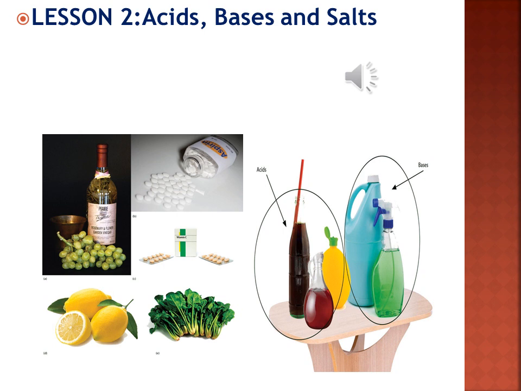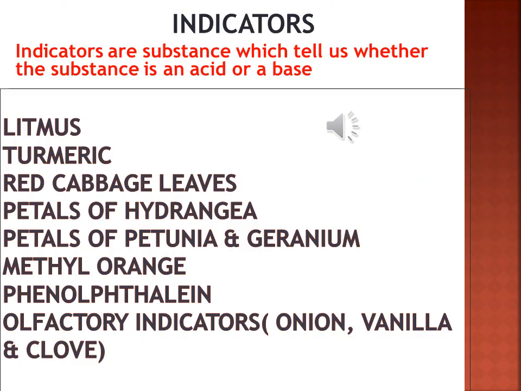This PowerPoint is all about Class 10th Lesson 2 Acids, Bases and Salts. In this, we are going to take up the section Indicators only. One must understand the role of indicators. They are substances which are going to tell us whether we have got an acid or a base as a sample. And we have got a range of indicators.